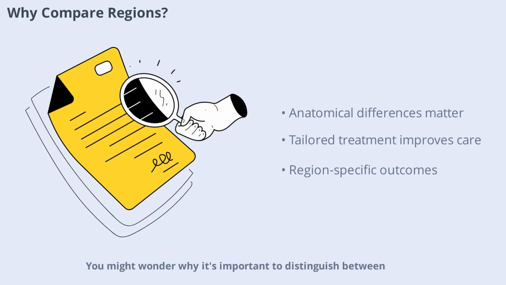You might wonder why it's important to distinguish between thoracic and lumbar spine fractures when analyzing kyphoplasty outcomes. The thoracic and lumbar regions differ significantly in anatomy and biomechanics, which can influence both the manifestation of symptoms and the effectiveness of treatments. Historically, studies have often grouped these regions together, potentially overlooking critical differences. By comparing outcomes based on spinal location, clinicians can better tailor treatment plans and set realistic expectations for patients, ultimately